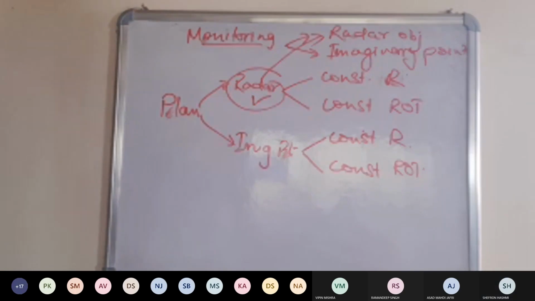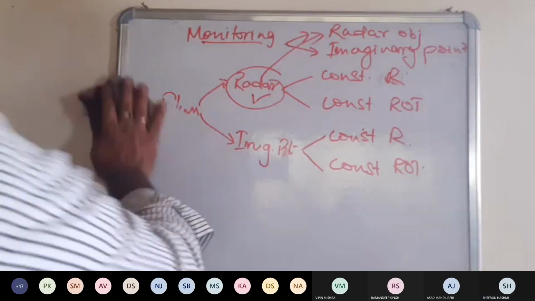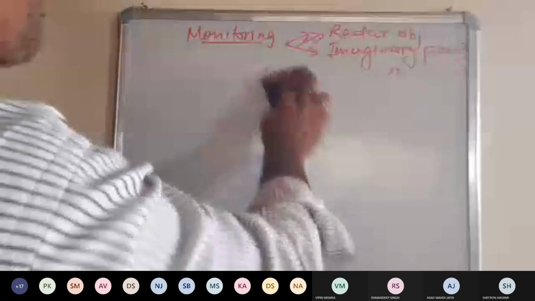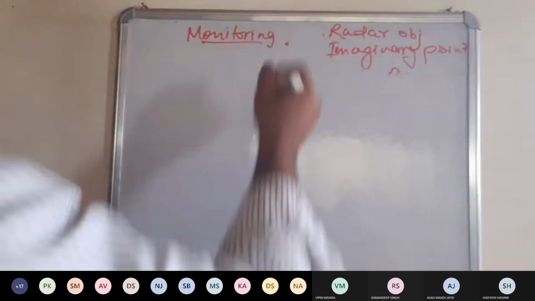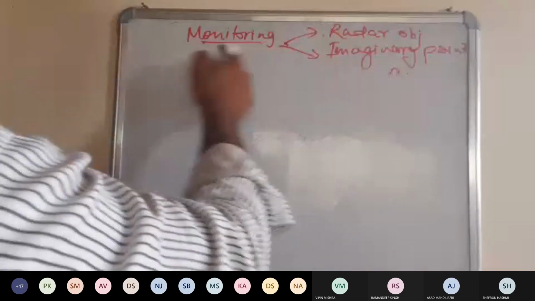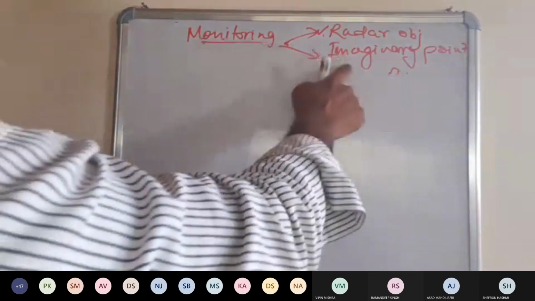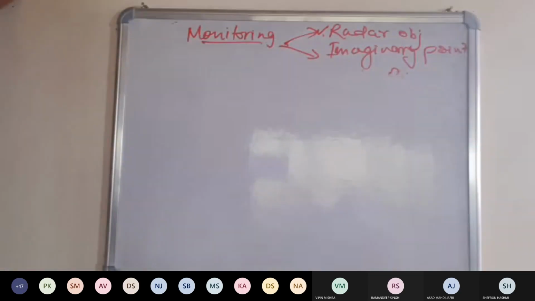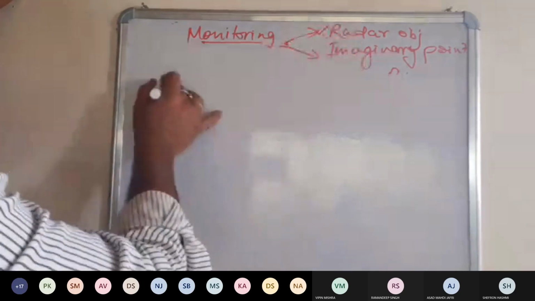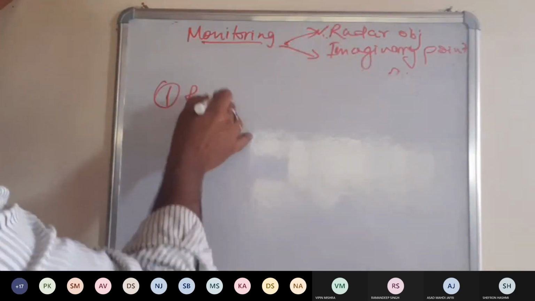Understood? Yes sir. Okay. So either a radar object is there, then also we have to monitor. When imaginary point, then also we have to monitor. So case number 1, when we have a radar object,